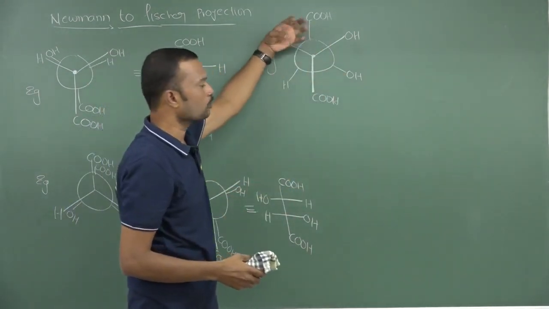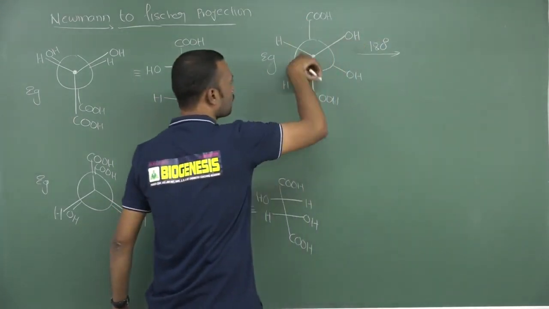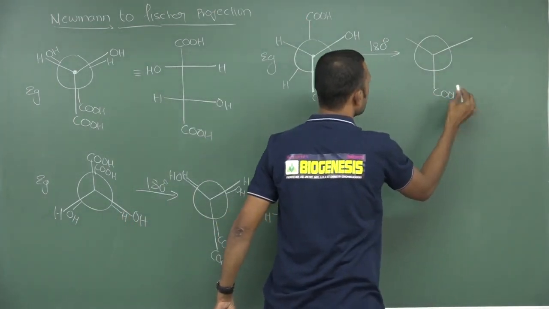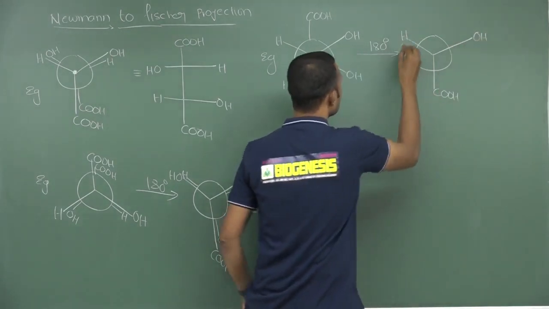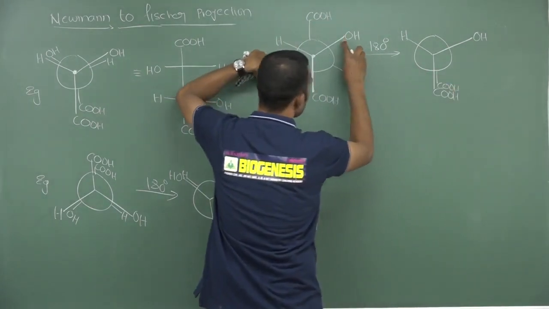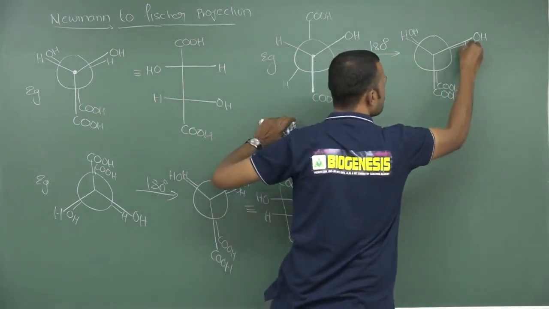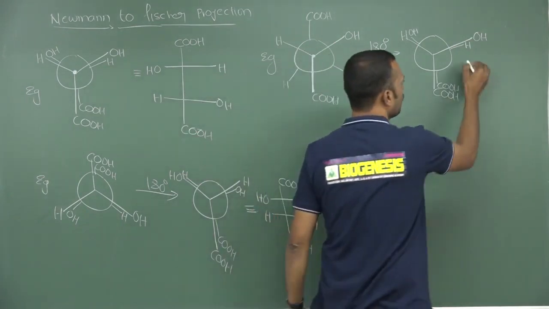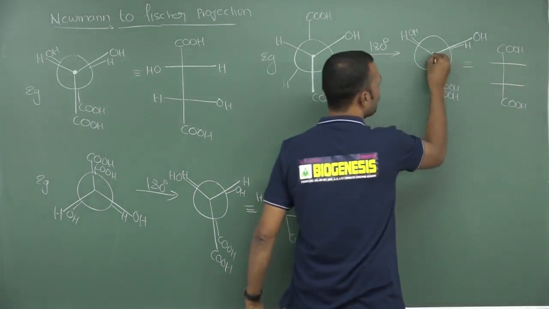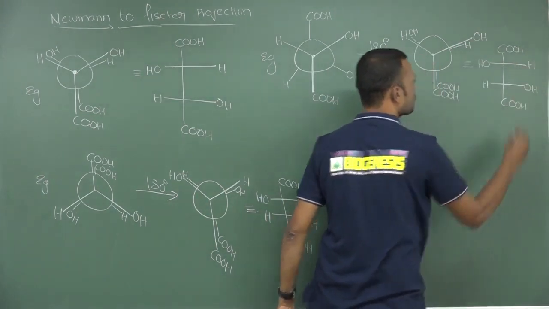Only the rear carbon should be rotated. So rotate about 180, only the rear carbon. Rotate this particular carbon about 180. If you rotate this, here carboxylic acid, this is the fixed one, OH and here hydrogen. If you rotate this, then definitely this will come over here. Okay. So this will go exactly to the left side, this is OH. Okay, this hydrogen comes here like this. After that, write down the suitable Fischer. Okay, so front carbon: right side OH, left side hydrogen; rear carbon: left side OH, right side hydrogen.